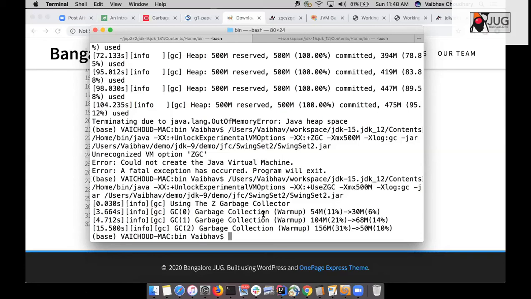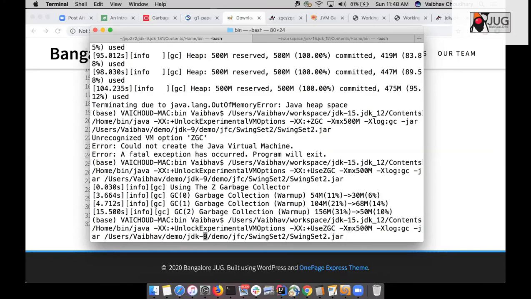I think, Souvik, one thing which has changed in Java 15 is that ZGC is no longer an experimental flag, right? You can use it without the experimental flags. I think so, because I didn't.